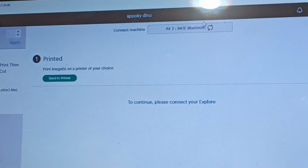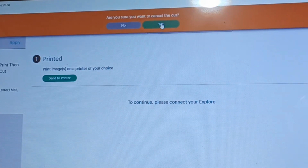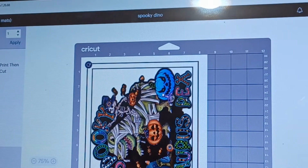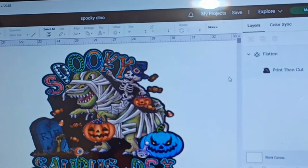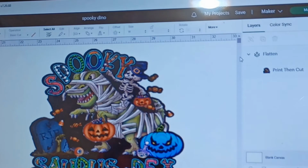Let me just go back, because I have it in the wrong Cricut. I had to switch this. I'm gonna do cancel here. Yes. I'm going to go back to cancel here. And I'm gonna switch here. I have it into Explore, but this one is gonna be the Maker. Cricut Maker right here. And so I'm gonna do again, make it,